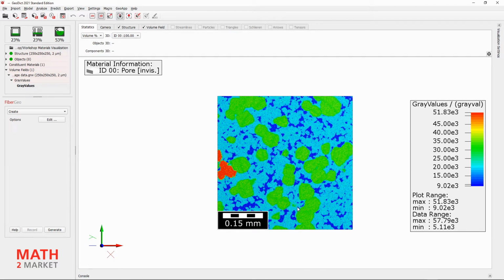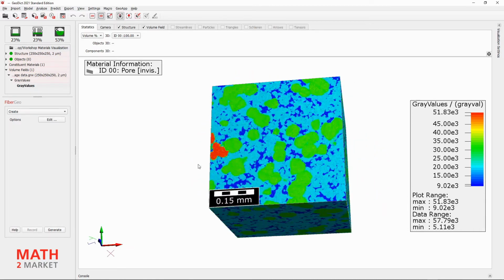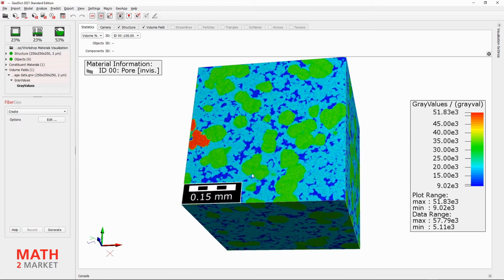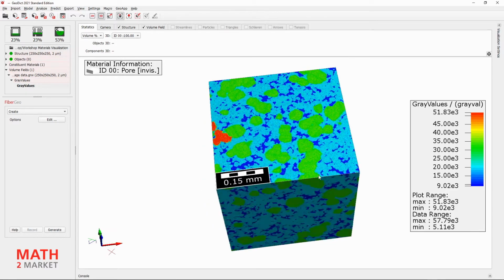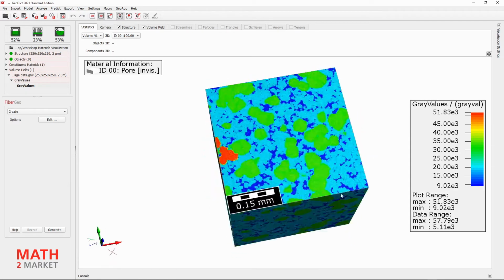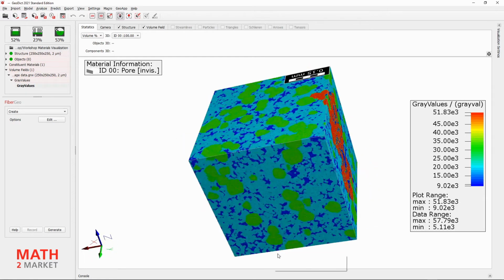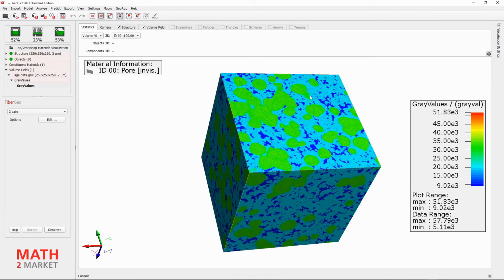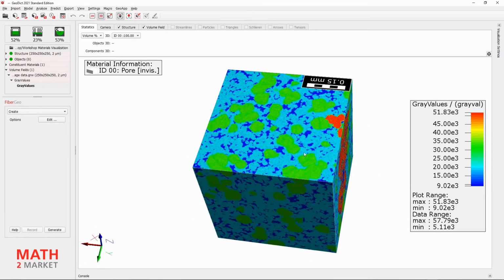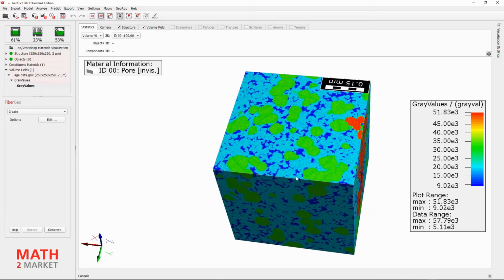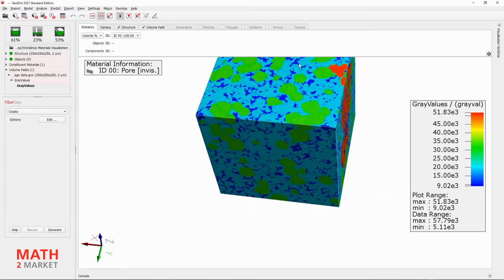First, we adjust the position and rotation of our camera in the visualization area to get a better look at our dataset. We rotate the camera by holding down the left mouse button in the visualization area and moving the mouse. We can change the position of the camera by holding down the middle mouse button or the mouse wheel and moving the mouse side to side or up and down.